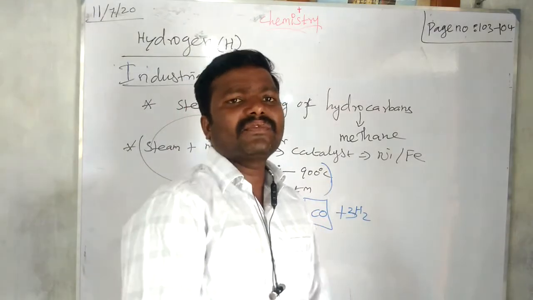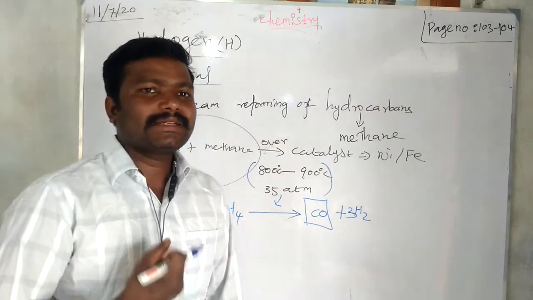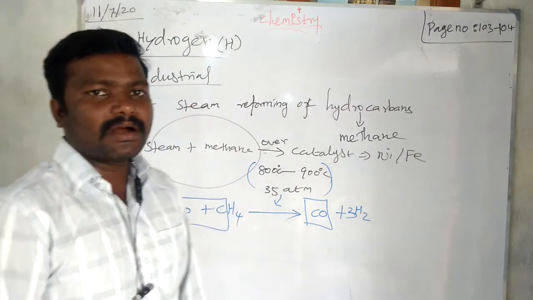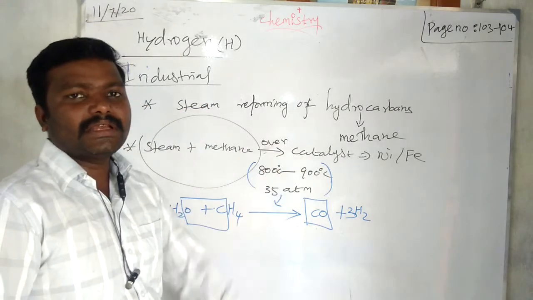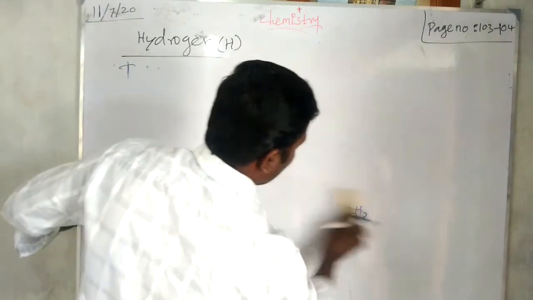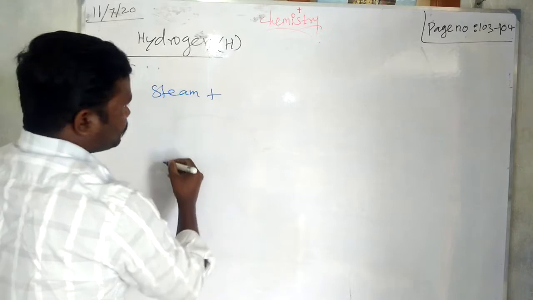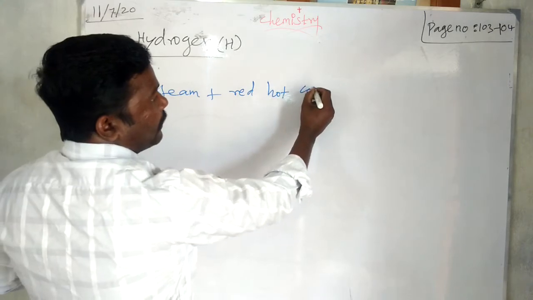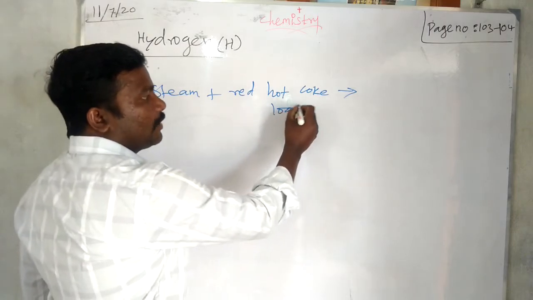Another, in the same way we will use the steam with some chemical compounds like hydrocarbon. Now we are going to take carbon powder. Another name of carbon powder is called coke, right? The same type of reaction we are going to carry out with carbon powder. The steam is passed over red hot coke powder. What will happen? Red hot means nearly 1000 degrees Celsius.